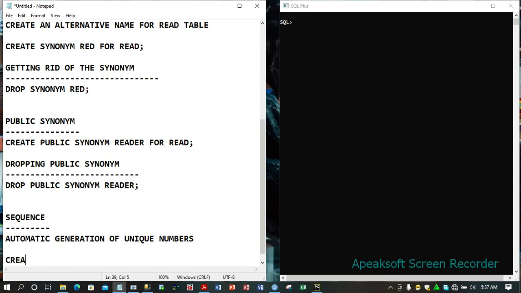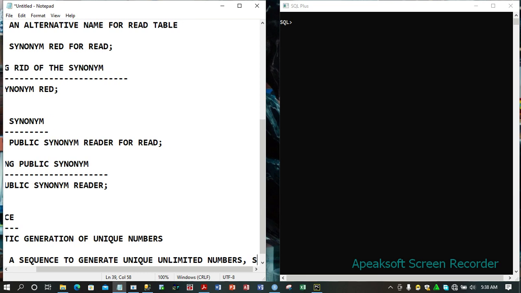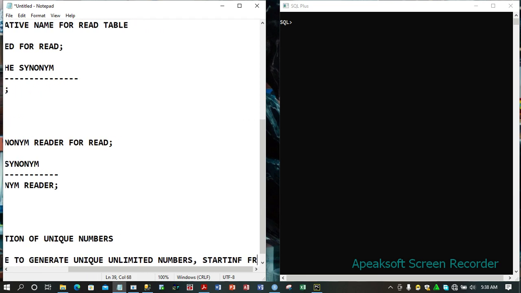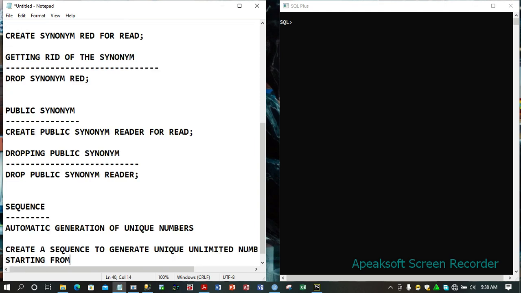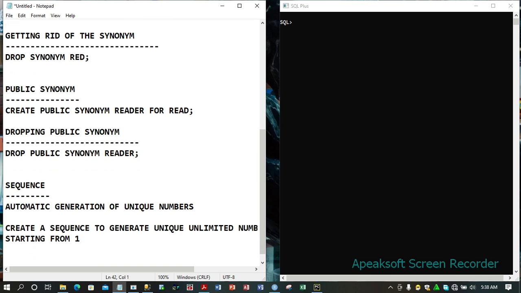So the question says, create a sequence to generate unique, unlimited numbers starting from 1. So I'll just go create